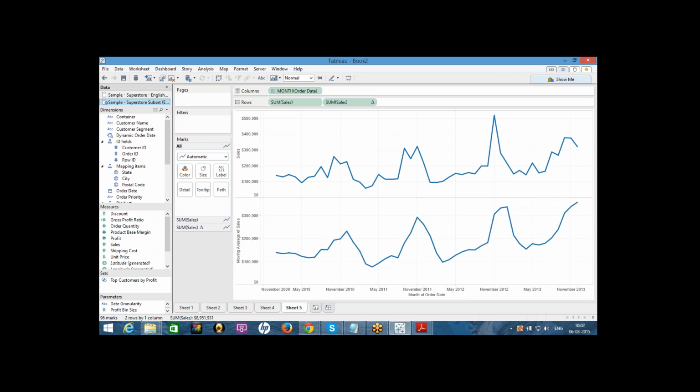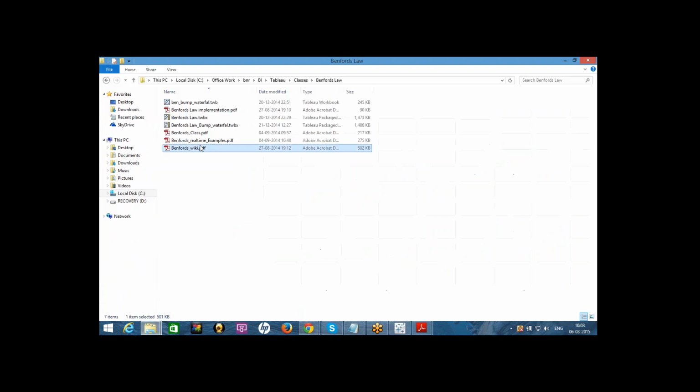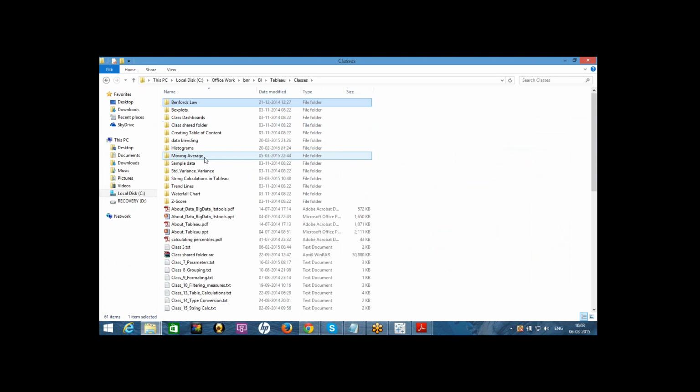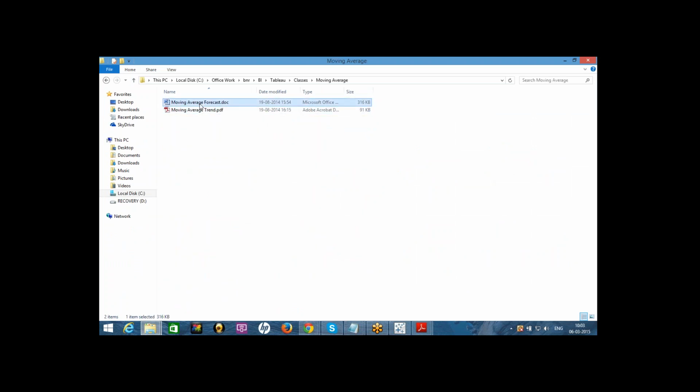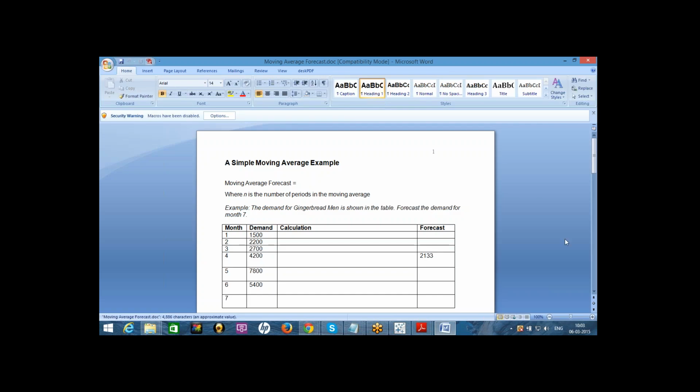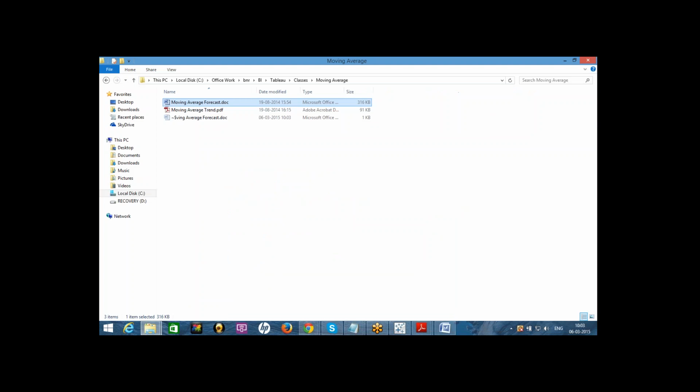So this moving average is really very good. I mean, it's a completely different subject, how this moving average works and everything. I have collected documents on that, I'll share with you: how to calculate moving average and moving average trend, and real-time scenarios of applying this moving average. In Tableau, we have only a simple button. When you click on the button, it gives you the moving average and everything. So we have multiple moving average examples here, and we will see them one by one.